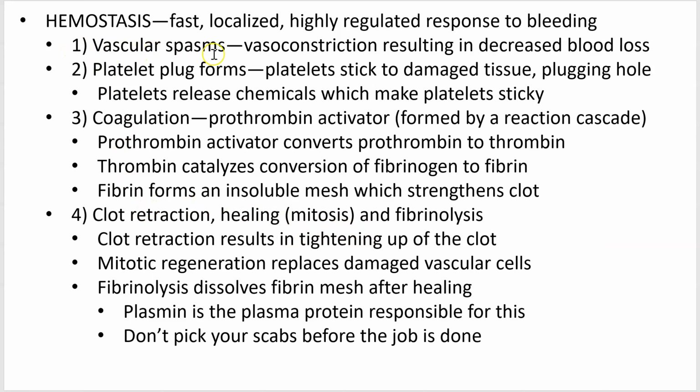And here they are. Vascular spasm. So you get a cut, first of all. Vasoconstriction is going to result, which basically is like stepping on a garden hose. If your garden hose is leaking and you step on it, it slows the flow. So you constrict smooth muscle in the area, which allows the blood to be staunched a long enough time for